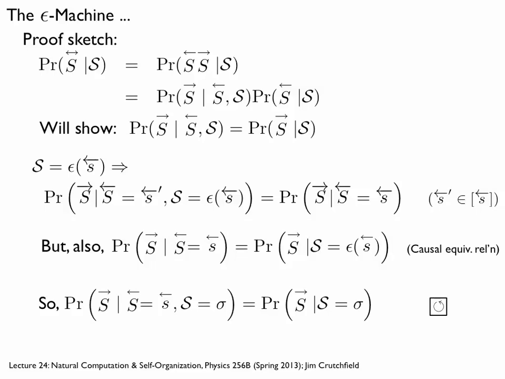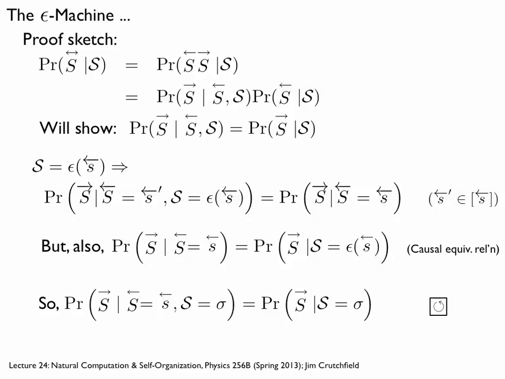However, with this probability I can also go back. I'm looking at the future conditioned on the particular past, but then I can apply the epsilon function to that past to find out what causal state I'm in. This is just using the causal equivalence relation, that these two distributions are the same. I can either condition on the past or on the causal state that's in the equivalence class that leads to that causal state. So this establishes that this probability is just the uncertainty in the future conditioned on a particular causal state. It doesn't depend on the history. I can just drop this.